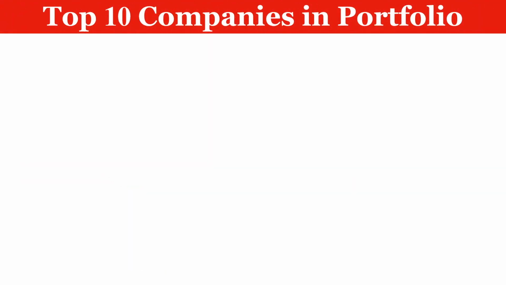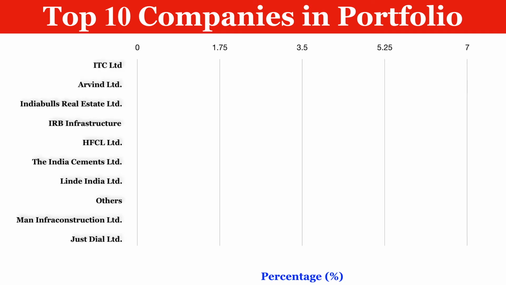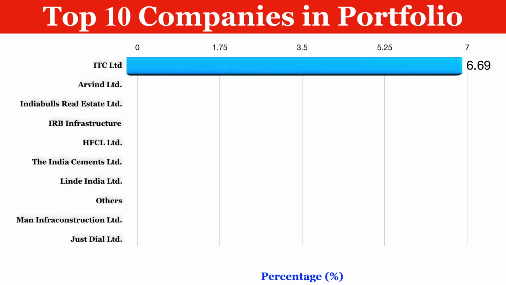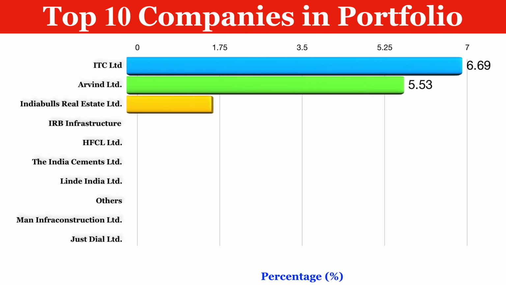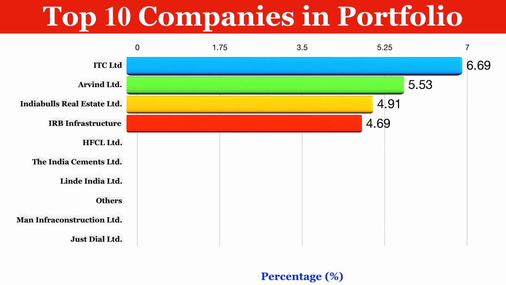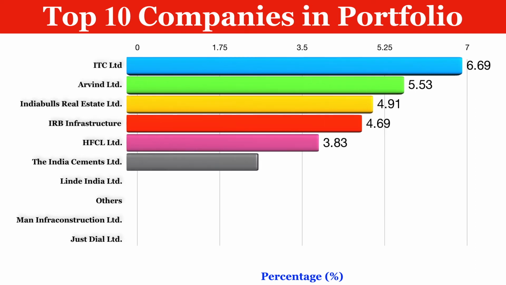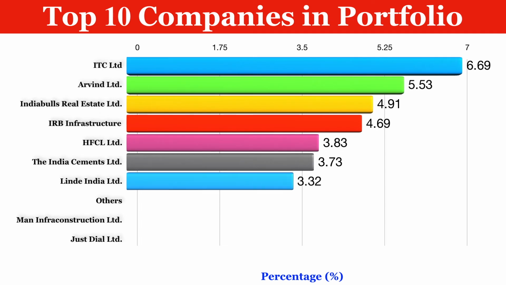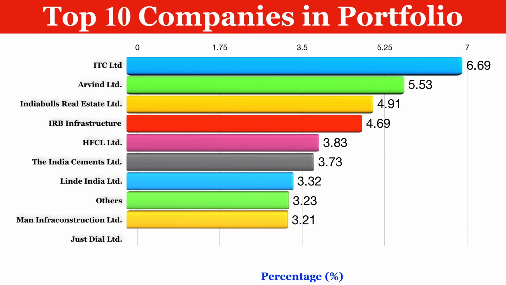In the coming up section, we will understand the top 10 companies which are part of this Quant Small Cap Mutual Fund portfolio. These are all the companies which comes into the top 10 position. Some of these companies will be large cap category and some of the companies will fall under the mid cap categories, but most of the fund is being allocated to buy the companies which are coming under the small capitalization category of Indian market.